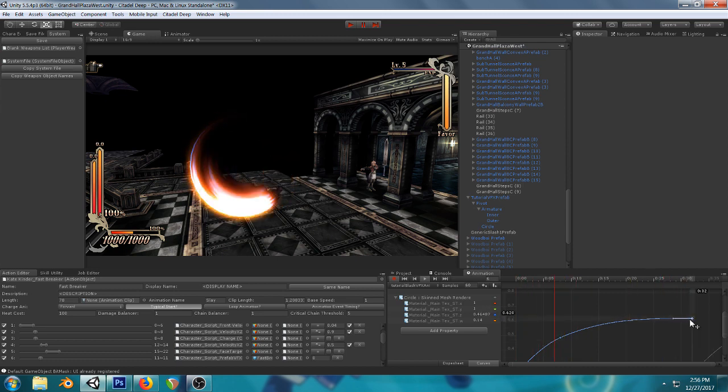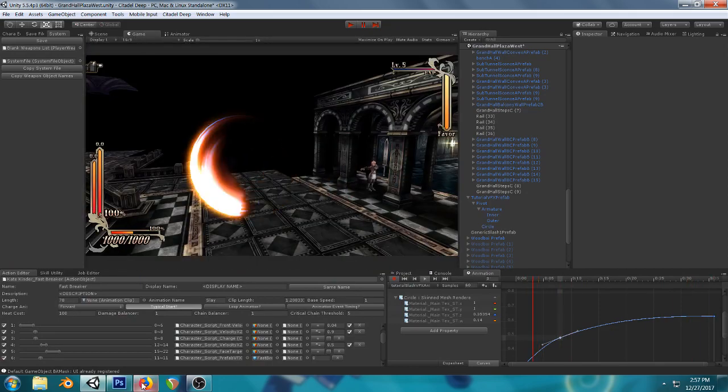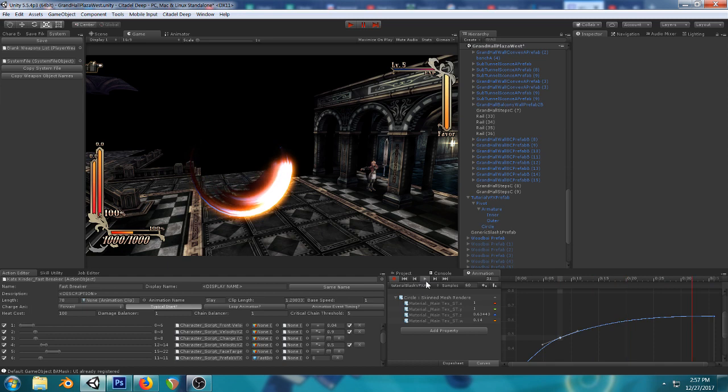Kind of stops abruptly, so maybe we pull it out even more. And again, the overall speed we can change later. But that's feeling pretty good. So now,